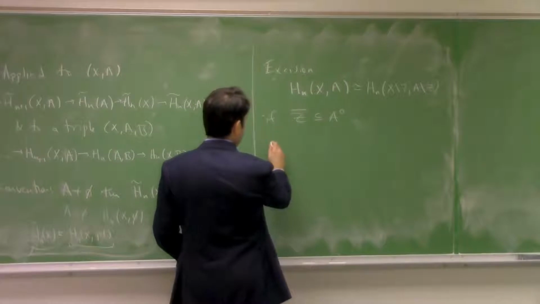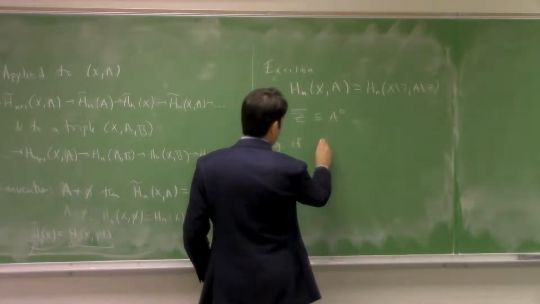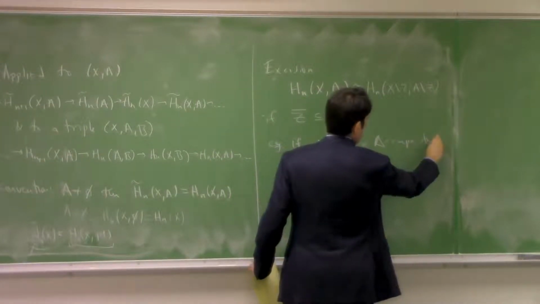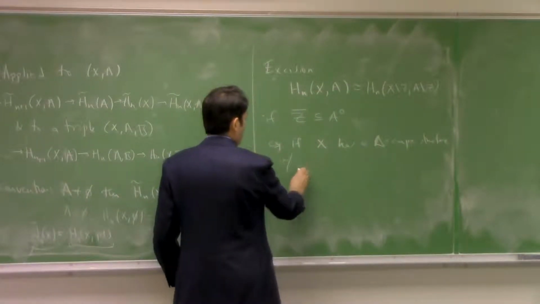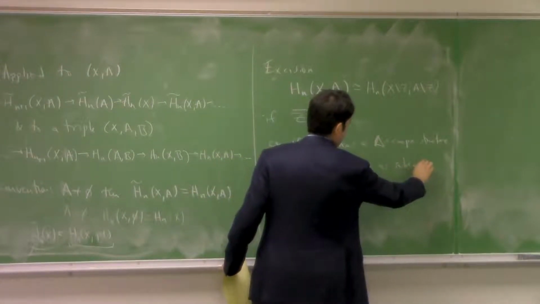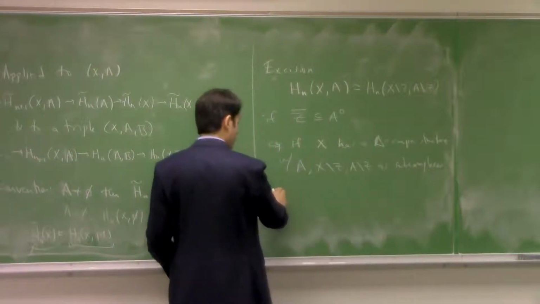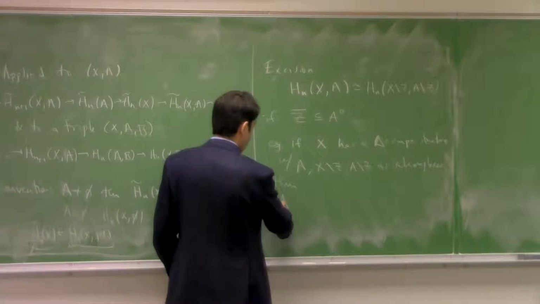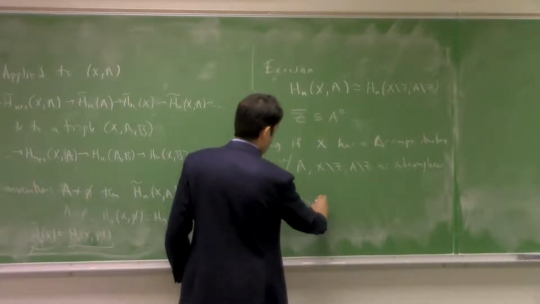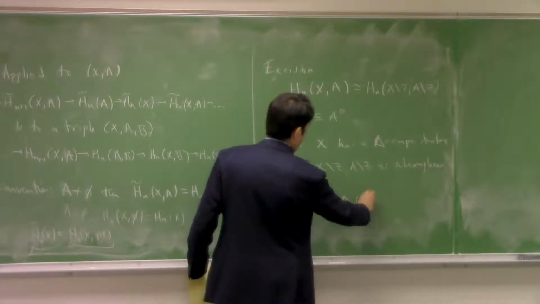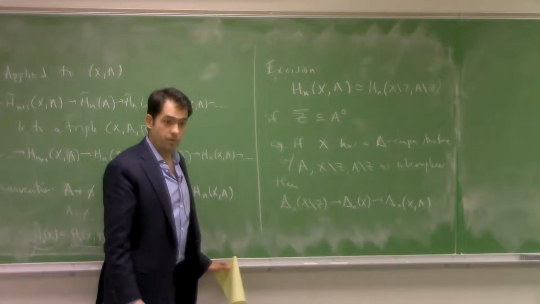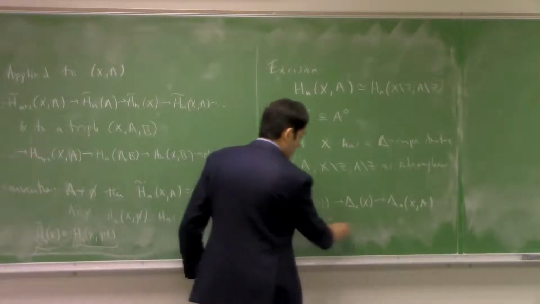So we said, e.g., if X has a delta complex structure, with X minus Z and A minus Z as subcomplexes, then all you need to do is look at the map from X minus Z into X to the relative X, A. So the composition here, phi,